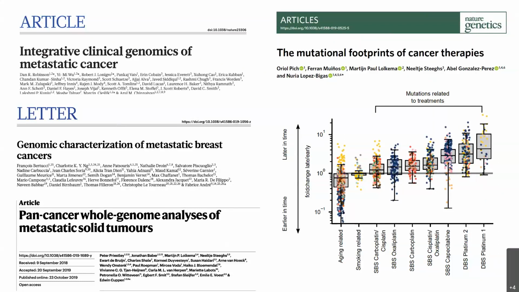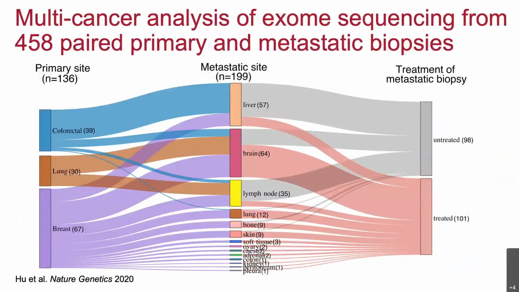This led us to expand the scope of this study and ask: could we compile a cohort of paired primary and metastatic biopsies that would allow us to look at the most common epithelial tumors? So we culled the literature and pulled down and analyzed, within a uniform bioinformatic framework, every paired primary and metastatic sample we could find from colorectal cancer patients, lung cancer patients, and breast cancer patients. And what you can see in this Sankey diagram is that